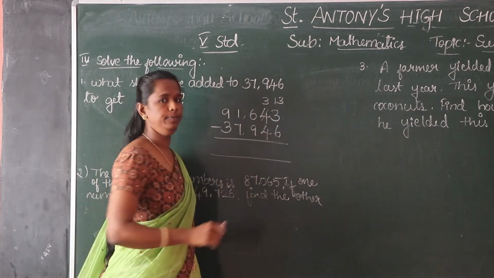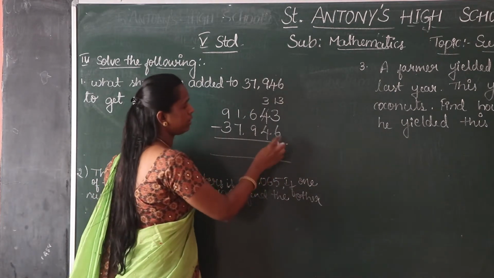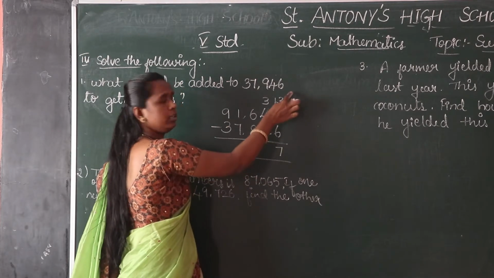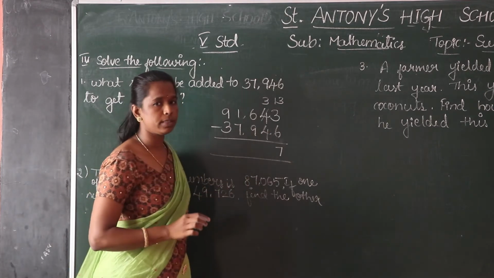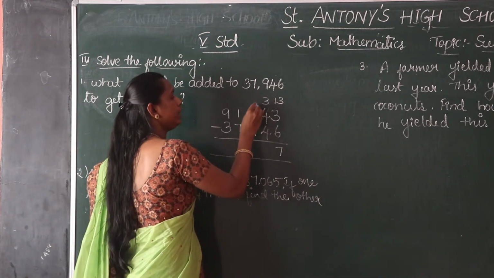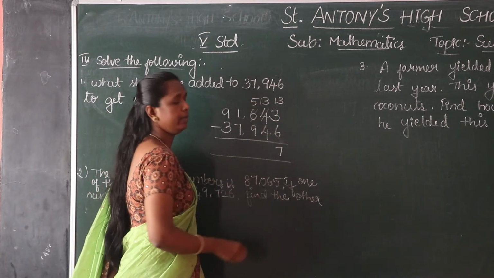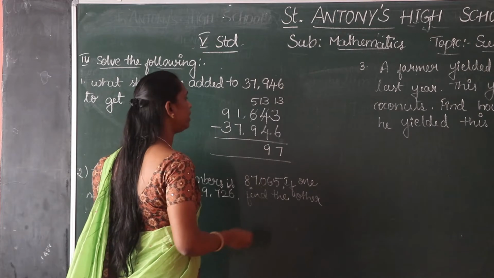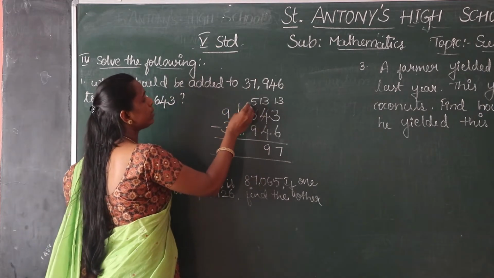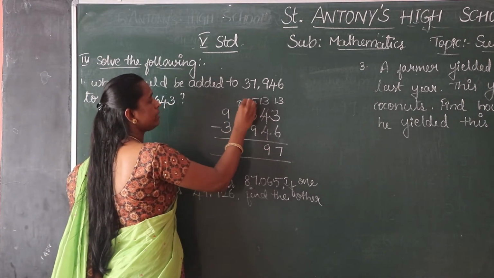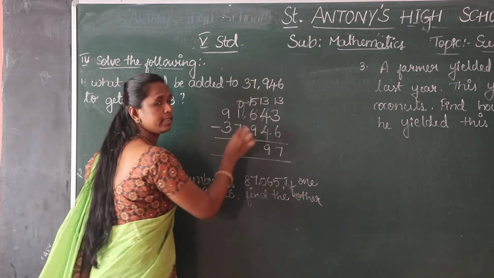13 minus 6. I will explain easily now. 13 minus 6 becomes 7. So start counting from 6 to 13 and you get the answer. And then 3 minus 4 is also not possible. So take borrow from the 100 place. This 6 becomes 5. This 3 becomes 13. 13 minus 4, 9. Then 5 minus 9 is not possible. Take borrow from the 1000 place. This 1 becomes 0. This 5 becomes 15. 15 minus 9. What is the answer?